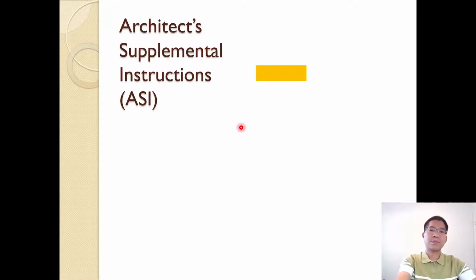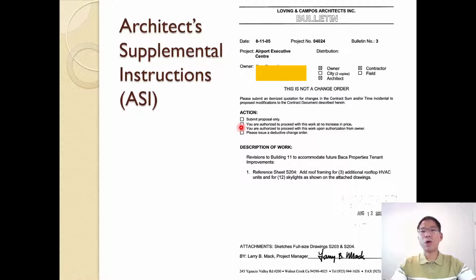During project progress, the architect or engineer may provide supplemental instructions, with more detail and more instruction. We call those ASIs. This is the Airport Executive Center project in Livermore, California. It shows what the instruction includes and what drawings are referenced. This one is HVAC, heating, ventilation, and air conditioning, and it notes whether the instruction impacts the costs or not. So that is what you have here.